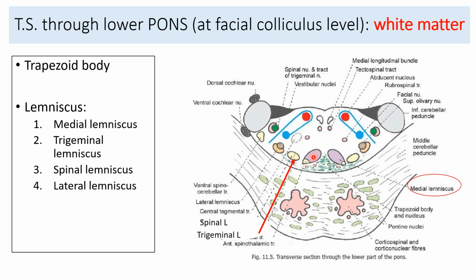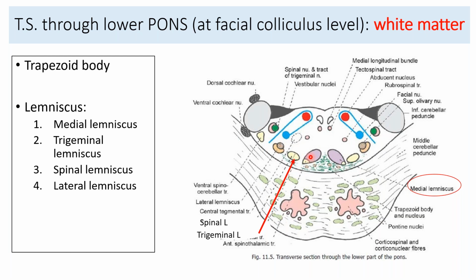So if you compare this medial lemniscus cut section from the cut section of medulla, in the medulla the medial lemniscus was more elongated anteroposteriorly, remember, and the sacral fibers, the lower limb fibers, were arranged in the anterior plane, and the upper limb, the upper body fibers were arranged more posteriorly. So you have to imagine that medial lemniscus is now flattening transversely across the pons. So the sacral fibers, where will they go? Suppose this medial lemniscus of medulla is flattening transversely, so the posterior fibers, that were the upper body fibers, will go medially, and the lower fibers, the sacral fibers, will appear laterally.